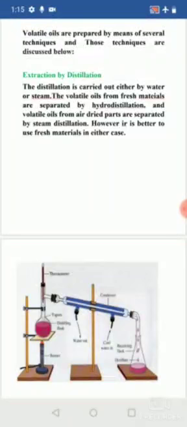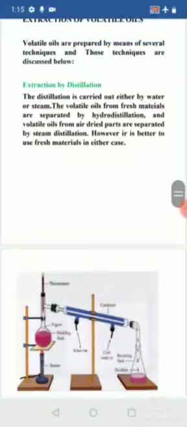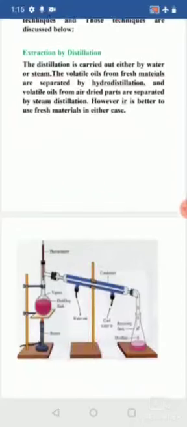When coming to the water, that has a higher boiling point than the volatile oil, so it is going to circulate in the vessel only. The volatile oil has a low boiling point, like 25 to 30 or below that, so it is going to evaporate or boil first when compared to the water. It evaporates first, then the water, then it is going to condense in the condenser and be collected in the receiver.